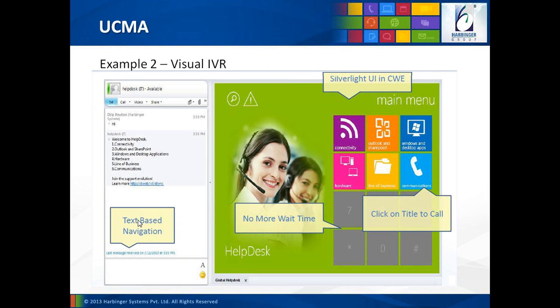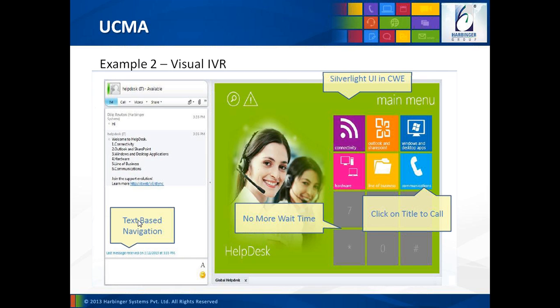Whenever the user navigates using the Silverlight application, the IM window is updated and the same level of menu is shown on the IM window. And whenever the user uses the IM window for navigating between menus, the Silverlight application syncs up with the menu and shows the same level. Now you must be wondering what the advantages of such an application are.